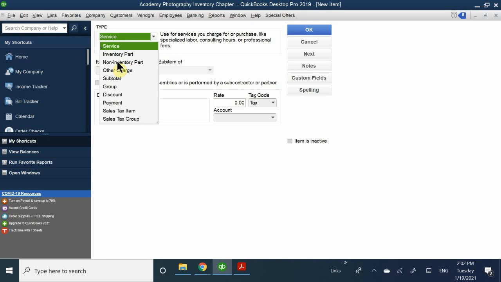All right? If I don't sell the item as often, then I don't need to keep track of it because it doesn't appear on my sales form as often as I'd like. It's an item I don't sell every day. So it's one of those things that I don't care to keep track of. But it will notify me when I do reach below capacity or when I reach the point where I need to buy more. But it's the concept of I'm only going to buy maybe like four